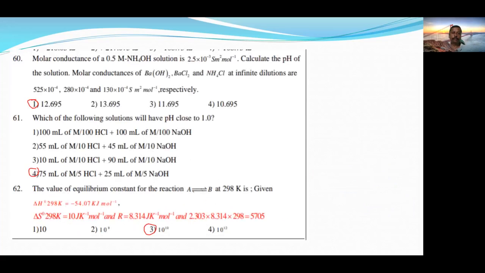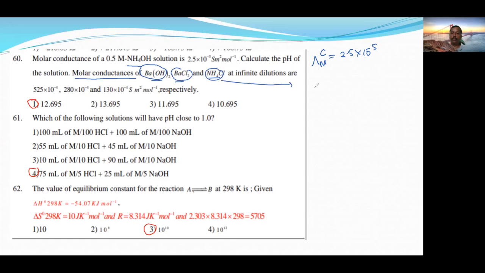Next question. Here it is. The molar conductance of NH4OH is given. Calculate the pH of the solution. Ba(OH)2, BaCl2 and NH4Cl are given. So simply, molar conductance is given. How much is it? The concentration is 0.5 and the molar conductance is 2.5 into 10 to the power of minus 5. Now by using all these three, barium hydroxide, barium chloride and ammonium chloride,